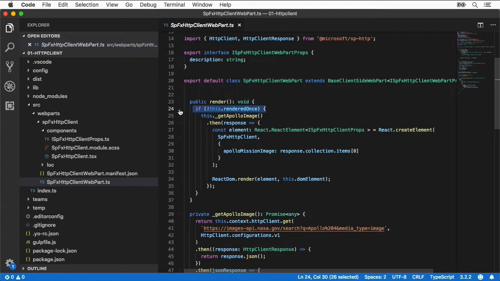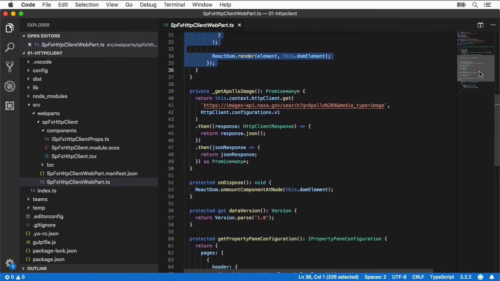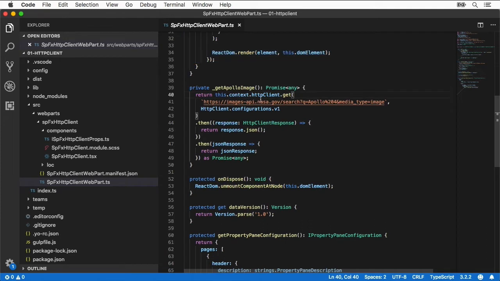What I have to do is call this function that gets an Apollo mission. It's going to get back a promise, and then the then part of it is going to add the React component to the page. So let's take a look and see how we're actually getting this data. This is really straightforward. I'm going to use the current context of the current SharePoint page, and I'm going to say